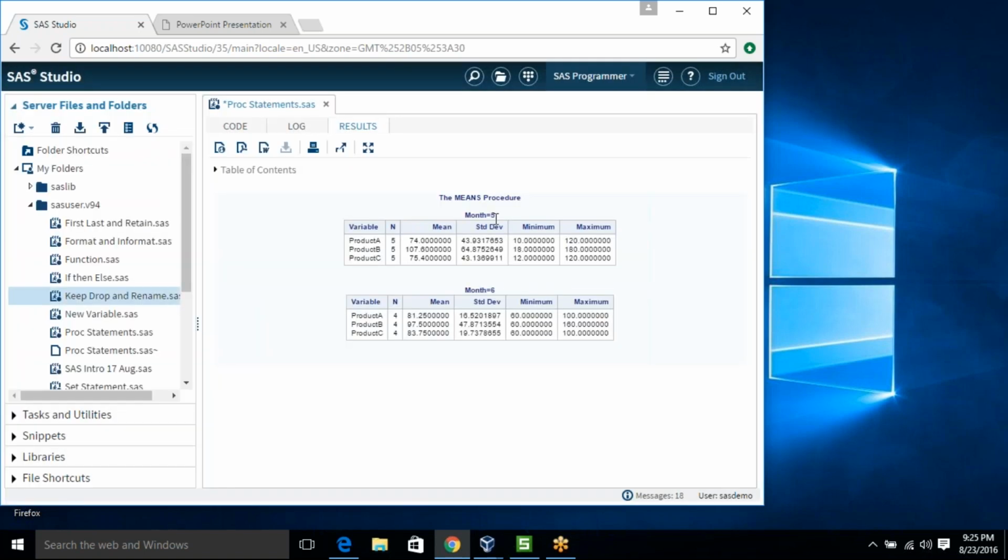So here you can see I have done the same thing, but now I am doing it at the month level. So at monthly level, what's my average? For month 5 it is 74. For month 6 it is 81.